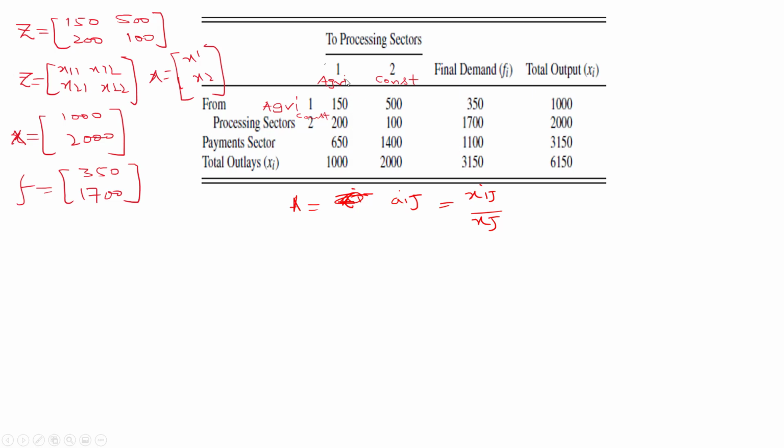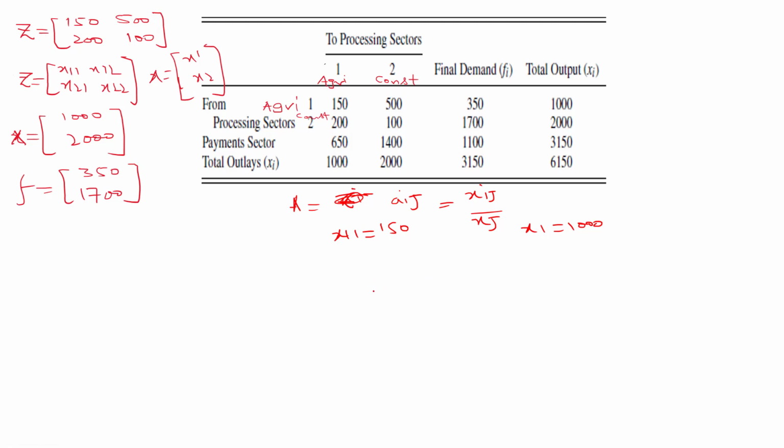And a particular column is the total number of units consumed by industry 1. So it consumed 150 from 1, and it consumed 200 from 2. Okay. So per unit worth of output, how will we calculate it? Let's suppose X11 is 150. X11 means the output of industry 1 providing to 1, and the total output of the industry is 1000. Let's suppose 1000 is the monetary worth, meaning they are producing $1000 of stuff.